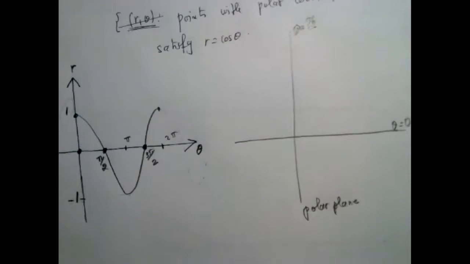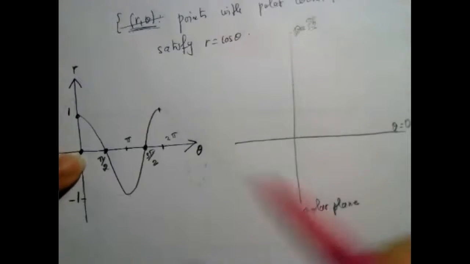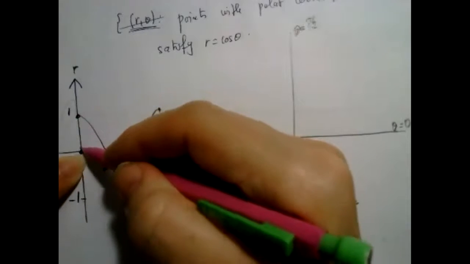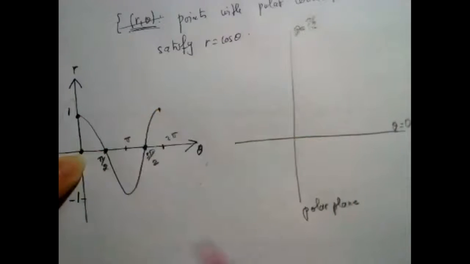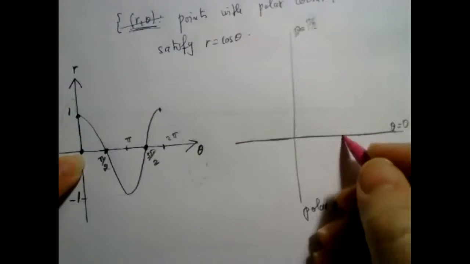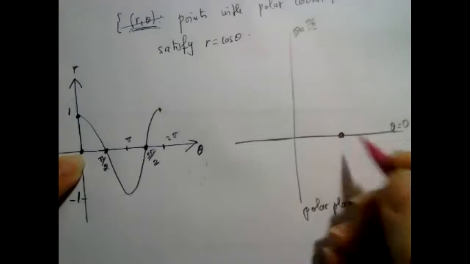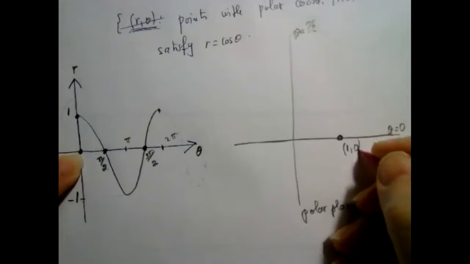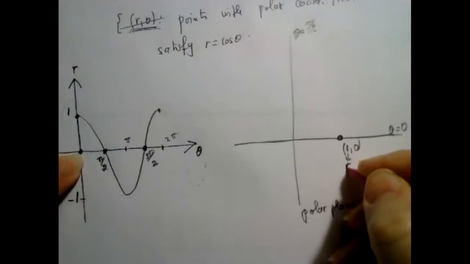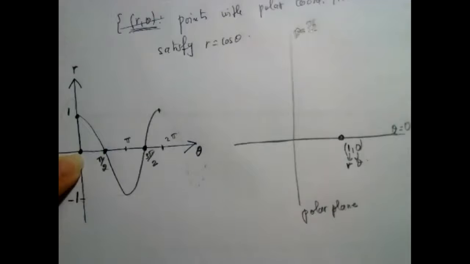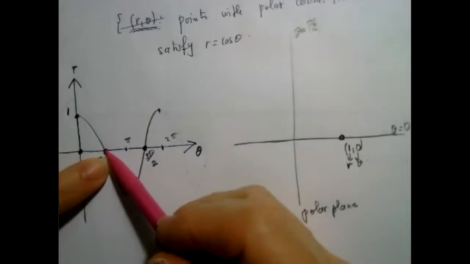Now, translate, and you will have to help me out a little bit. If theta is 0, r is 1. So graphically, when theta is 0, on this line, r, how far we are from the origin, is 1. So this is the point (1, 0). This is the r, I keep emphasizing, and this is the value of theta, because everything here is in polar coordinates. Now, if theta is pi over